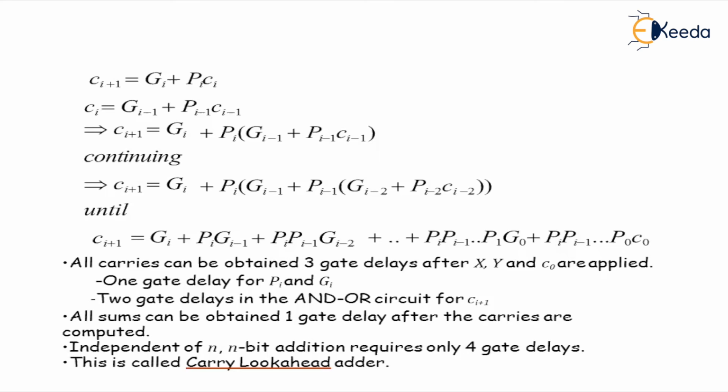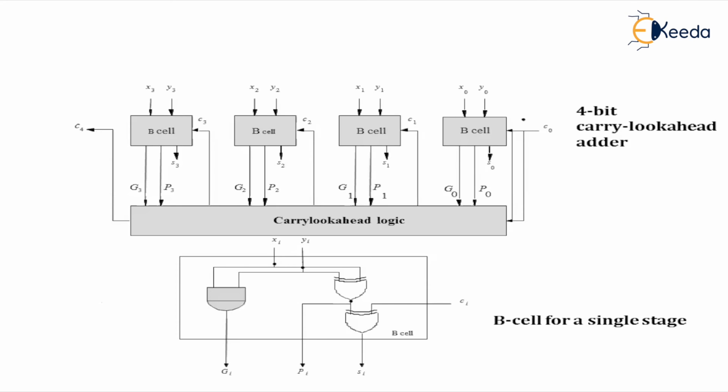And let us look at the carry look ahead adder. Now this is a circuit consisting of the carry look ahead adder. It has the B cell attached to it. It has the generate, propagate, and the different inputs which we get from X and Y, and the carry bits that are being used. The output of one carry bit goes from C0 to C1, C1 goes to C2, C3, and C4 until the next carry bit has been generated.